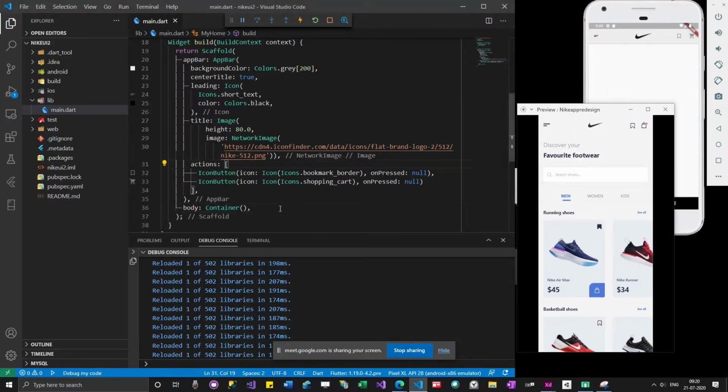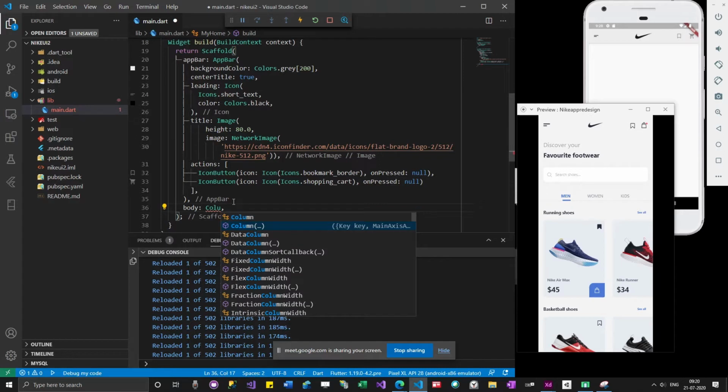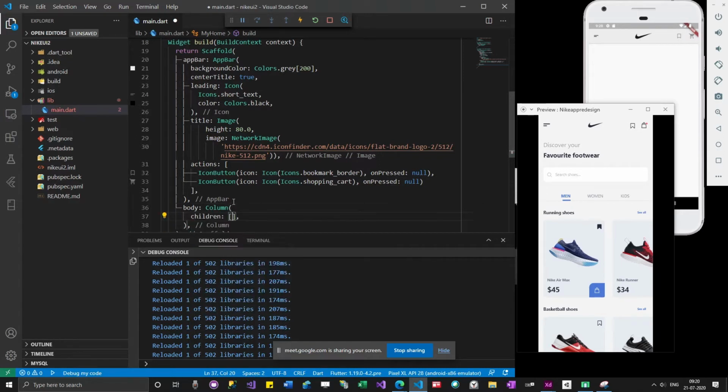what I'm going to do is remove this container, and then see this text, this text field, everything is arranged vertically inside a column. Everything is added to a column here. So I will add a column, and then children of widgets.